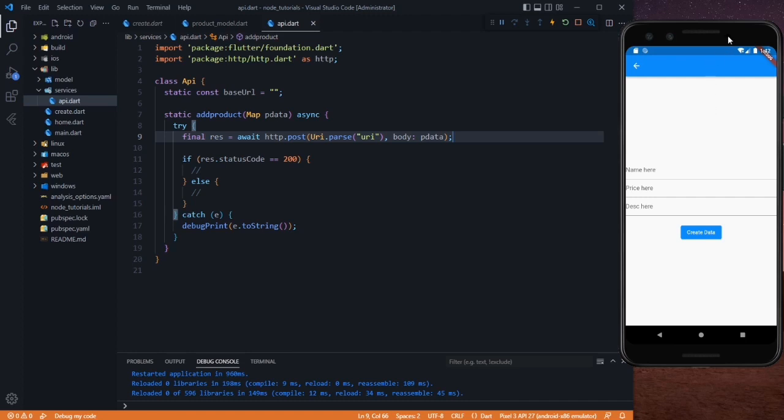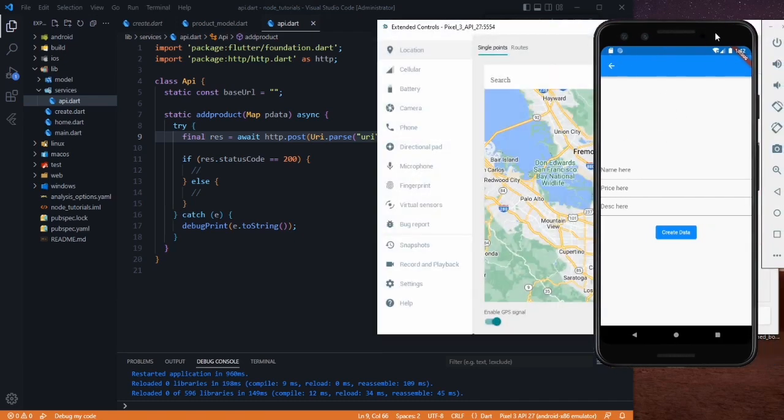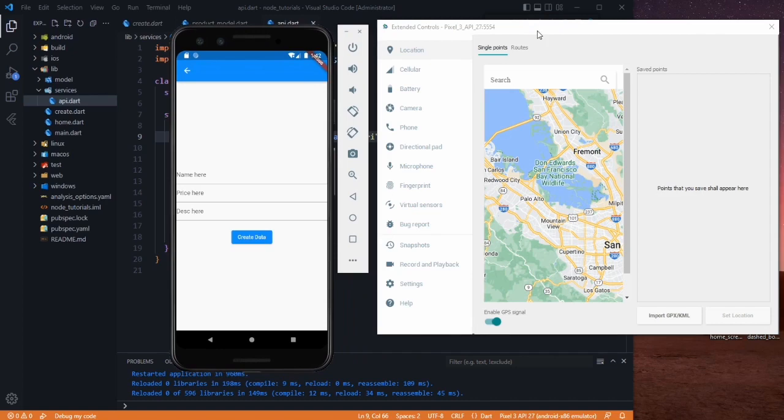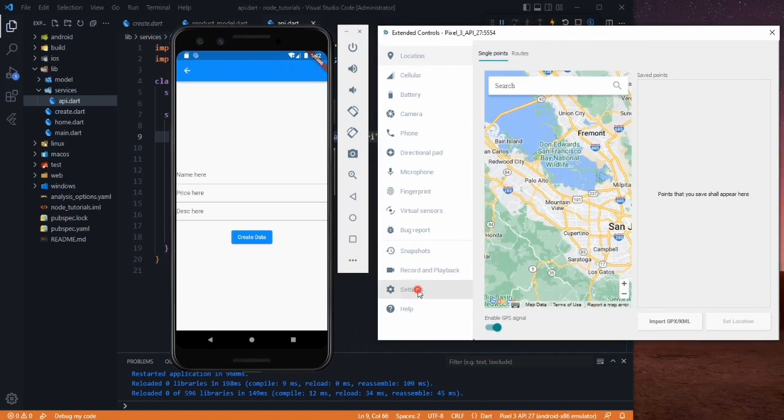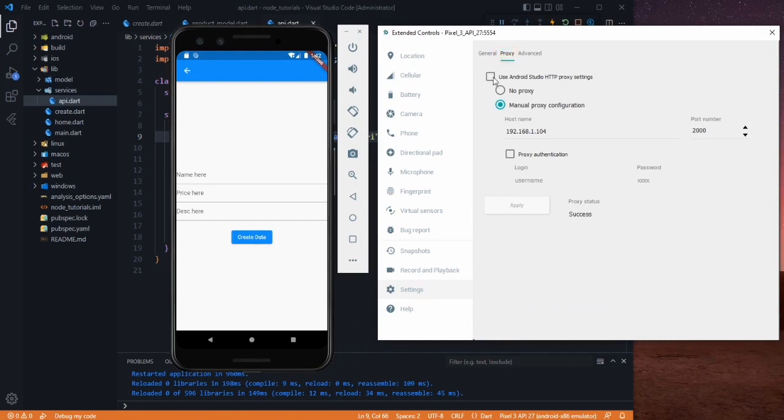For that, we need to go to the settings of the emulator, and after that we need to go to the proxy, and in here we need to uncheck use Android Studio HTTP proxy and click on the manual proxy configuration, and after that we need to pass the IP address of your system, and after that you need to pass the port.